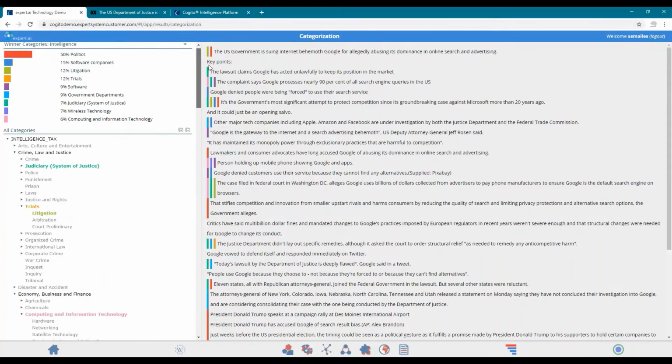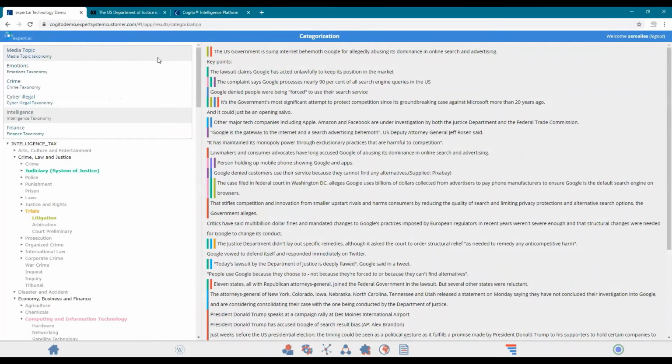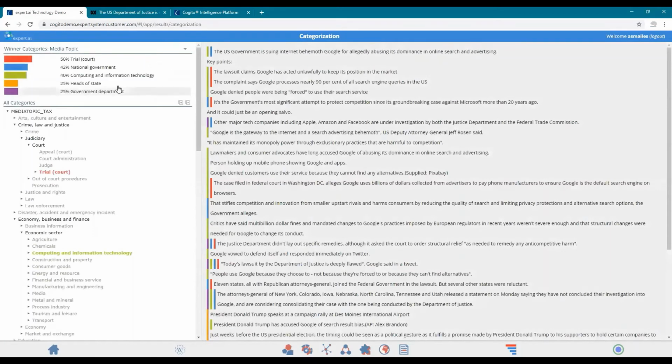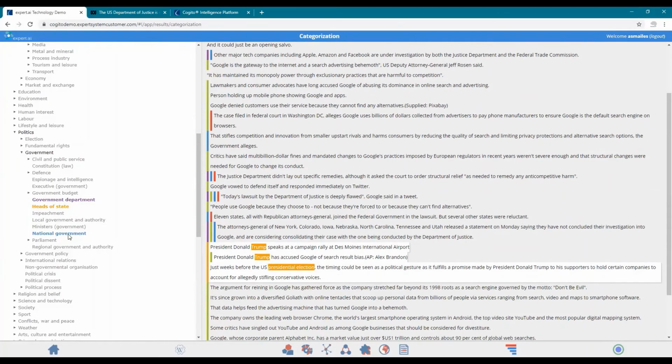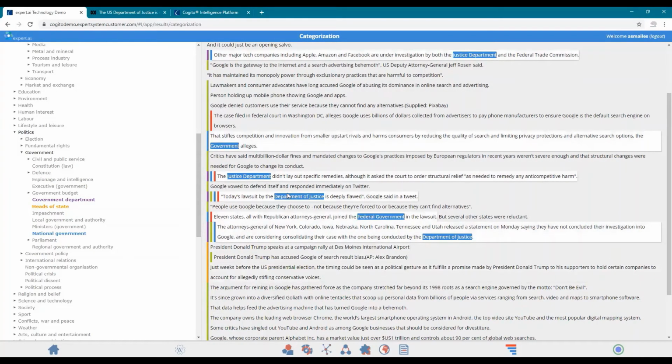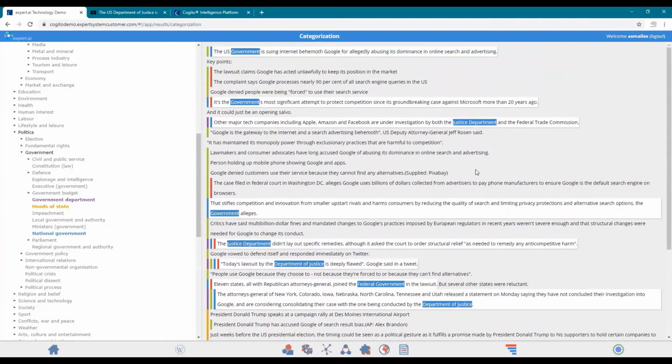And again, if we choose a media topic, you can see that it's talking about legal activity, it's about information and computing technology, it's talking about head of state, which is Trump, presidency, and it's got national government, so the Department of Justice, federal government, another US government, and things like that.